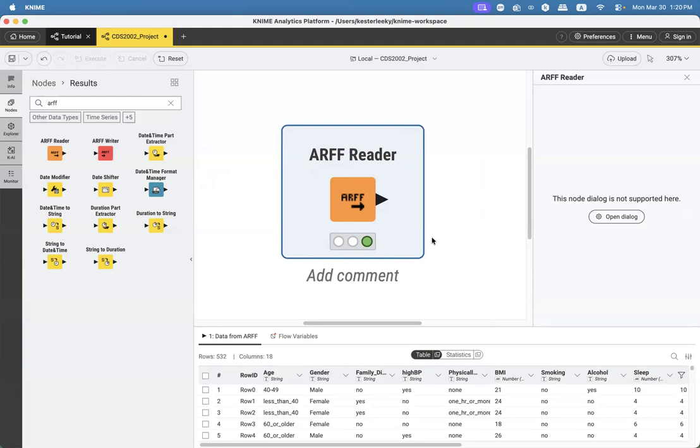You will also notice that in this node we have a black arrow. This black arrow represents the output part of the functional node.